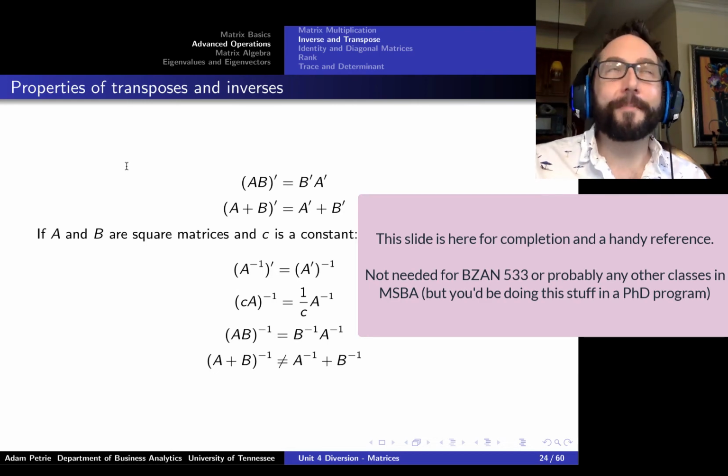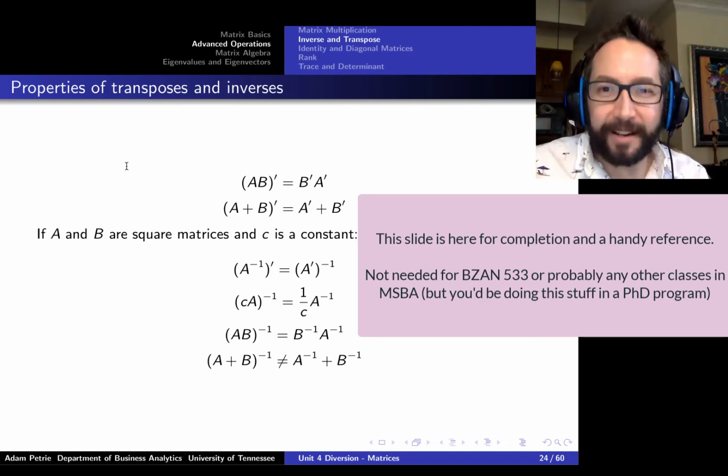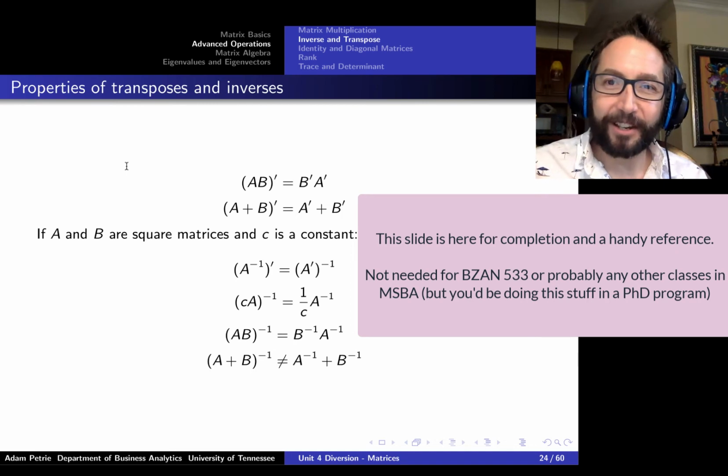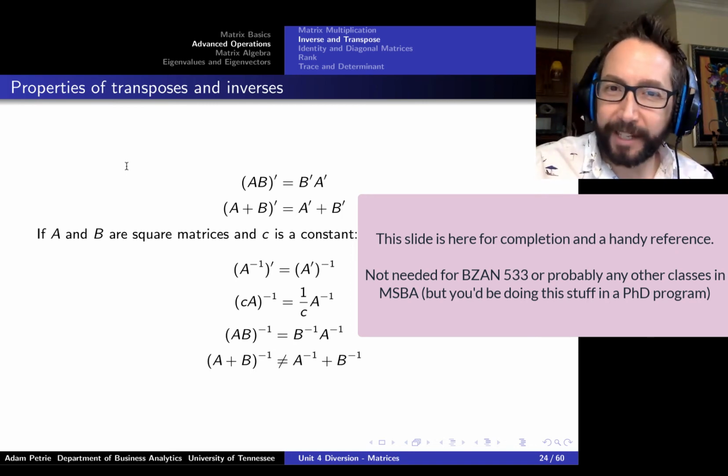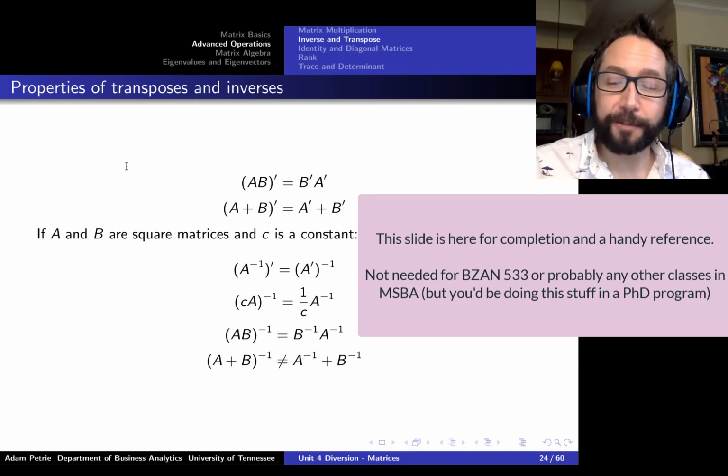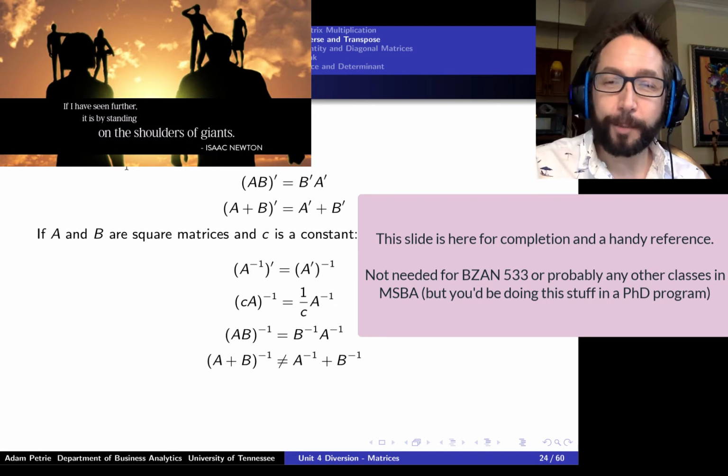So if you love matrix math, though no one really does, I have some slides in here that tell you some cool math you can do with transposes. We're not really ever going to need it. We're not going to be deriving results from square one. We're really just going to be using the results that other hardworking people discovered for us